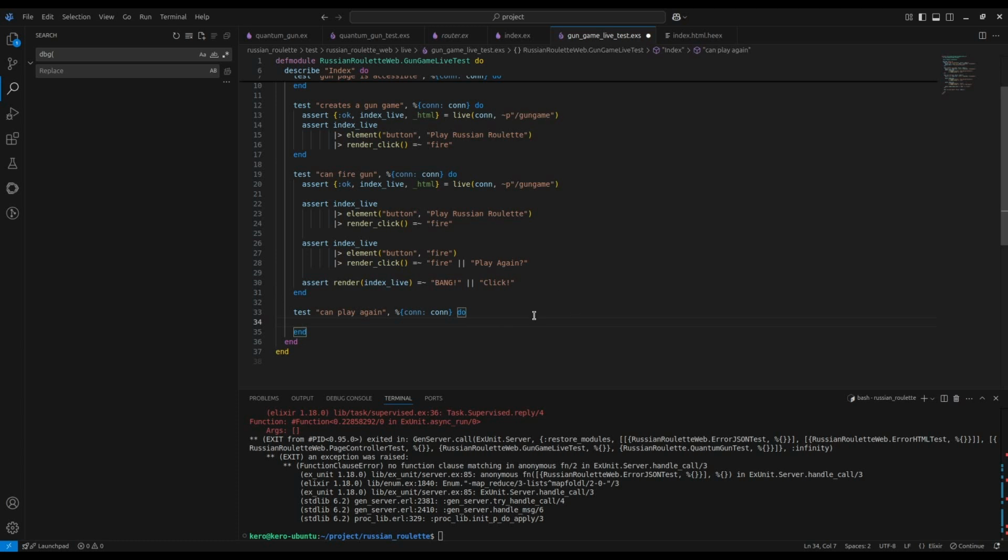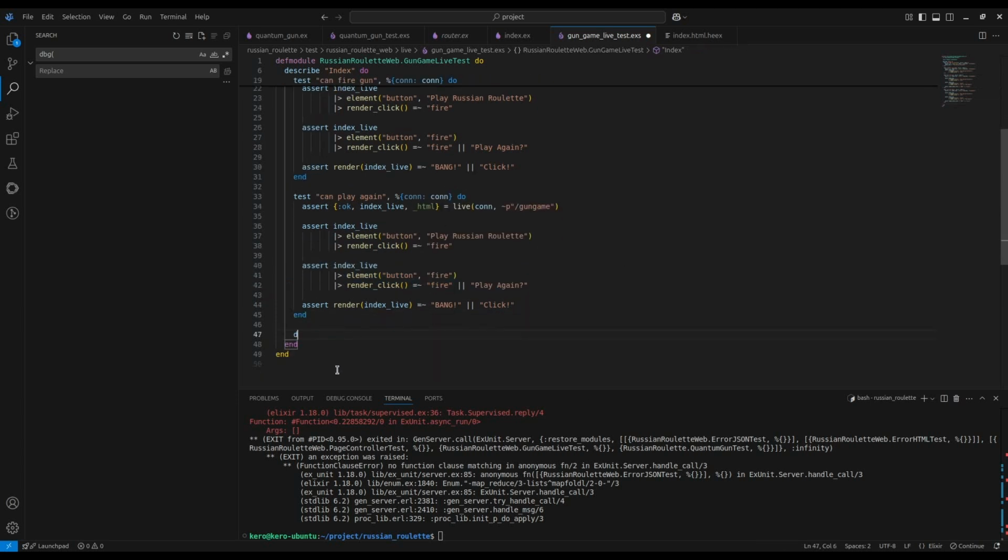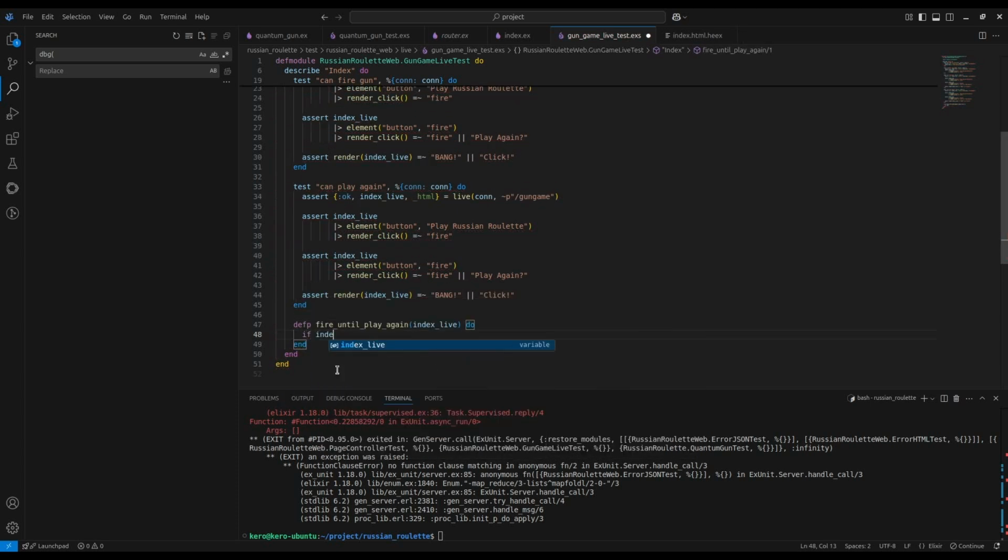So what we'll do is we'll kind of do all the same things. We'll start the game, we'll connect to the page, we'll play the game, we'll fire the gun, but the thing is, to get to the play again, we might have to fire the gun a couple of times. So we'll add a defp and then say fire until play again. We'll give it an index LiveView, and we'll do if index live